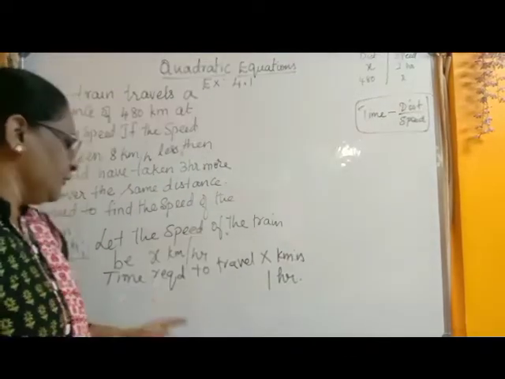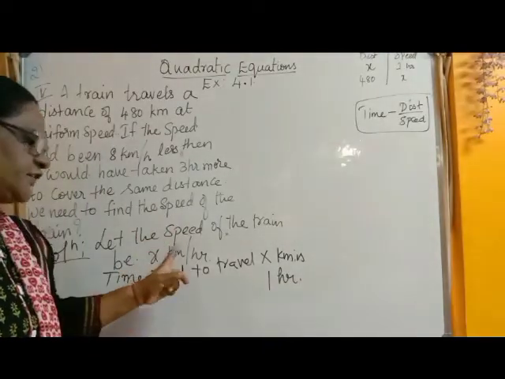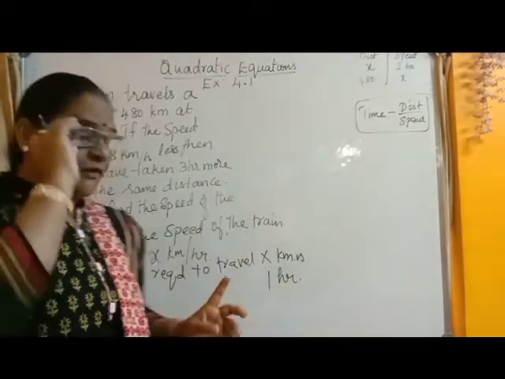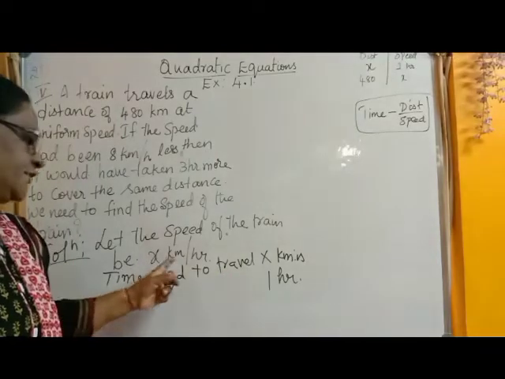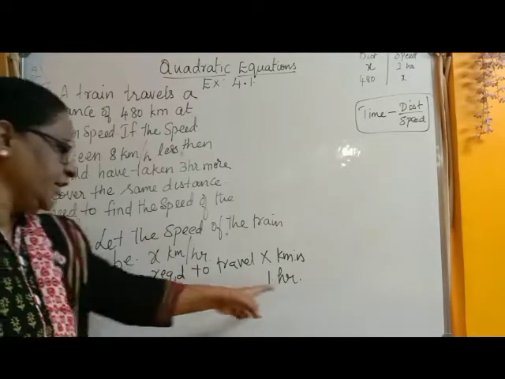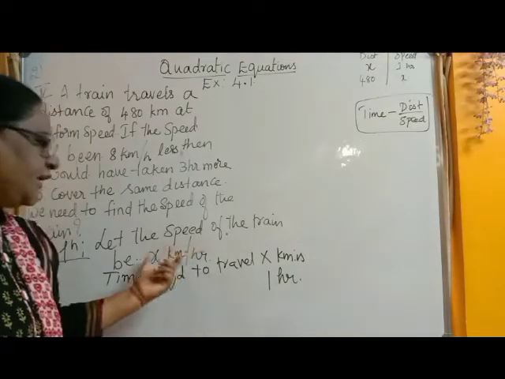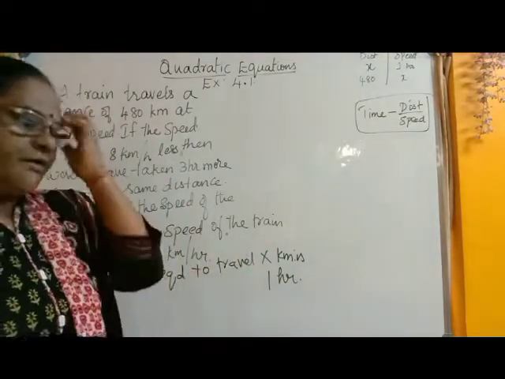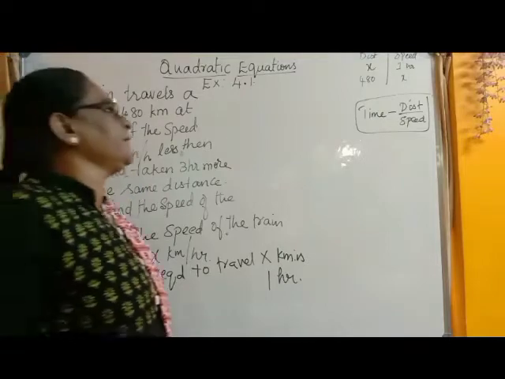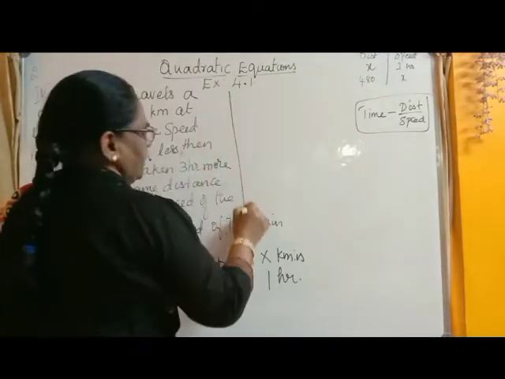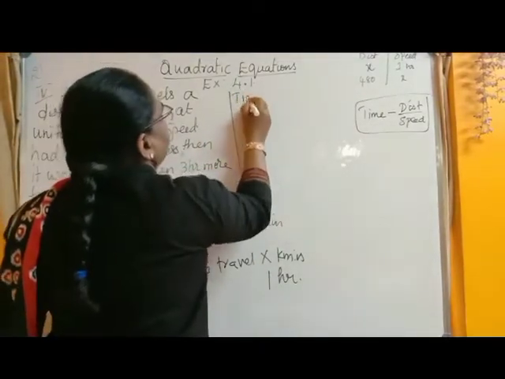So if the speed of the train is x kilometer per hour, to travel x kilometer distance it takes 1 hour. That is what I have written. But here what is the distance given? 480. So let us find out the time required